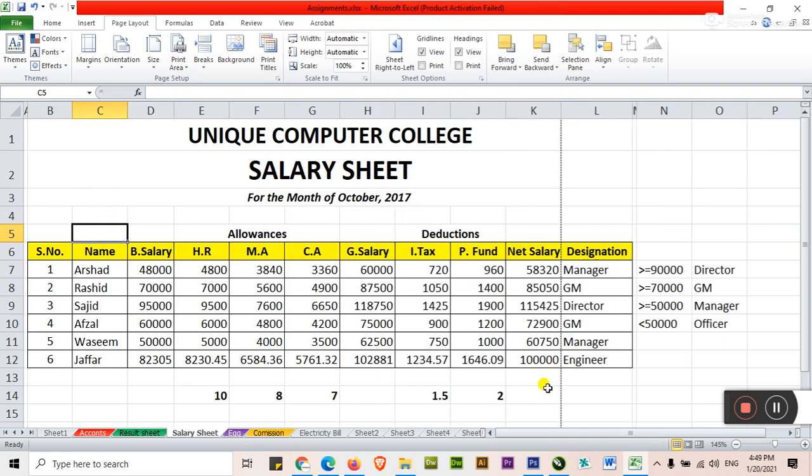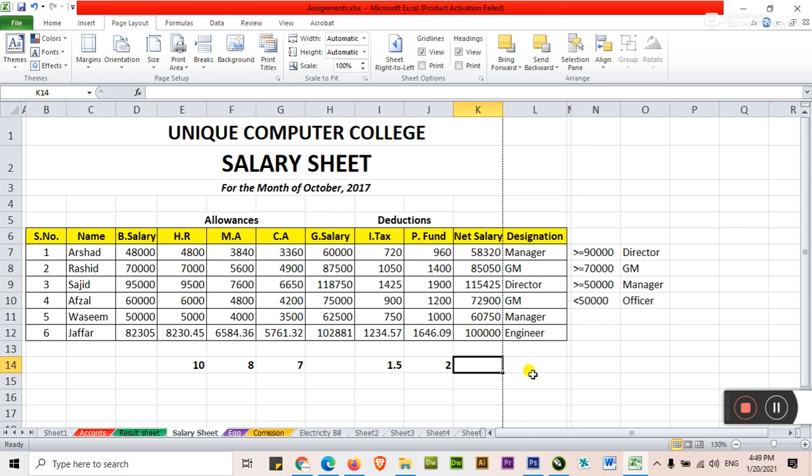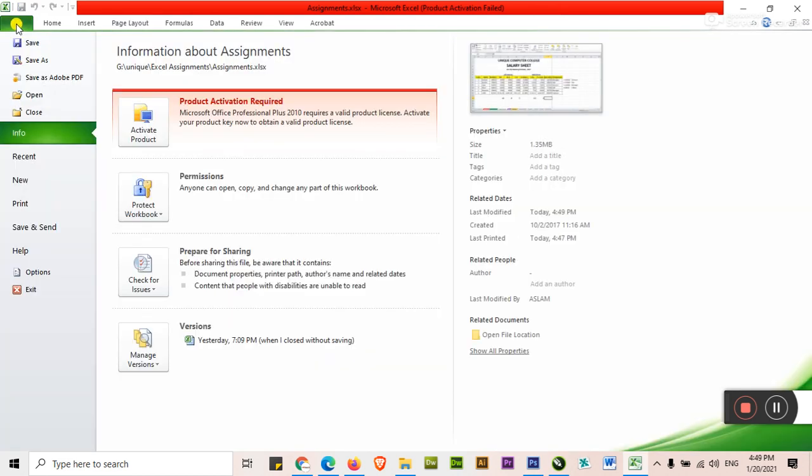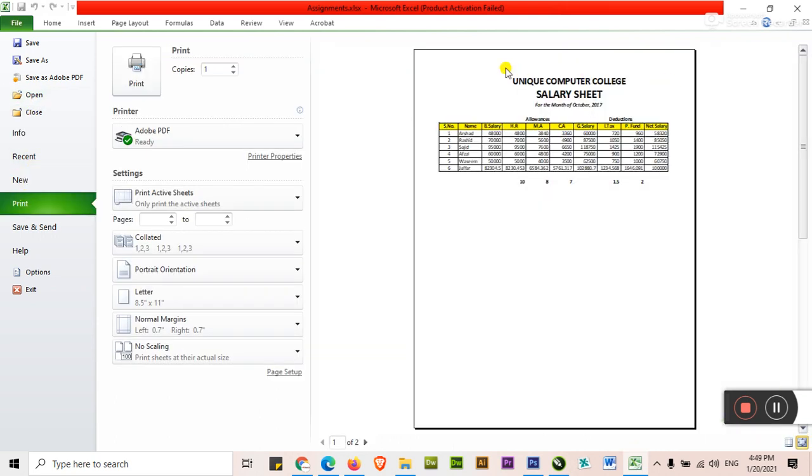Dear guys, first of all, for printing and breaking up the page, you should get the preview of the print. Just go to File and click on Print. It will show you the print preview in this shape. Now it's in a vertical shape, also known as portrait. These are the properties it's giving here. In portrait, you are watching that up to the net salary column is displaying here, but one, two or three columns are not showing in this. Okay, Escape.